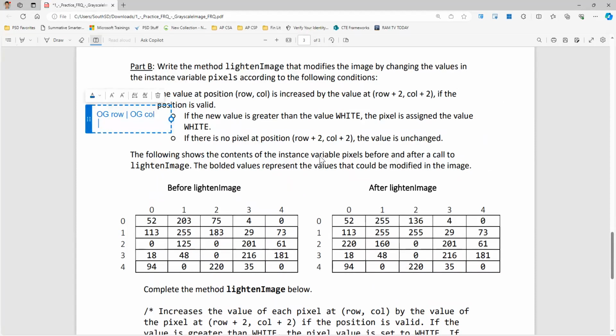We're going to take that and add 2 to that value, and add 2 to the column value as well. So if I had row 0, column 0, my new row and column would be +2. We're going to look at whatever that value is, and see if the original value, say it's 0, 0, plus the second value, the new value, which would be 2, 2,